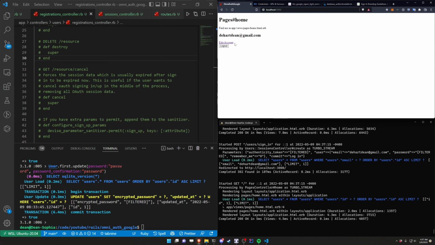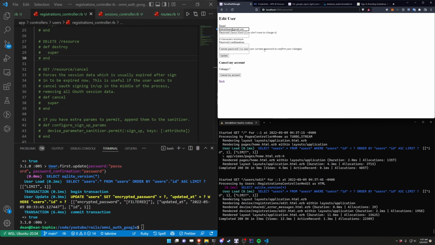All right, one quick note. I just went to edit the account and it wasn't working, so I got into a whole thing about the current best practices for how to do this. Currently with edit account, as far as I can tell, if you're using Omniauth, you want to do a check. If you're using a regular account, you enter your current password. If you're working through Omniauth, you just use your password and password confirmation to set it, and you don't need